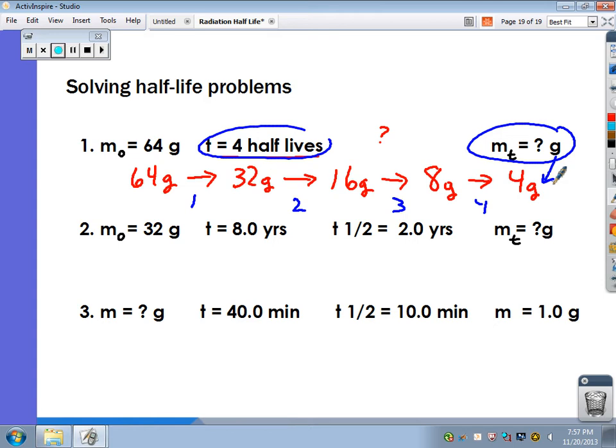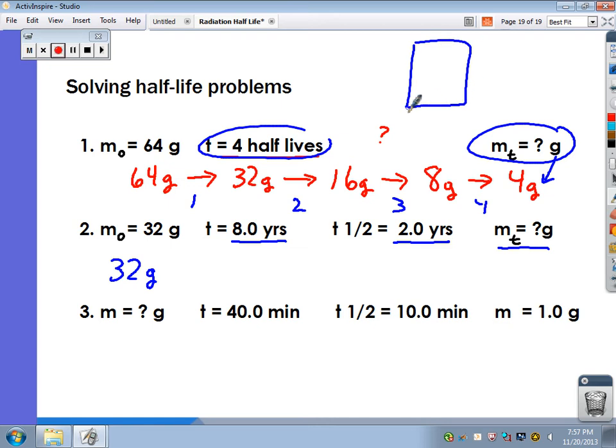All right, what information do they give me here? Do I know the final mass? No, I don't. I know the original mass. The original mass is 32 grams. Let's look at the other information they give me. They give me the total time is 8 years, and the half-life is 2. That means if you want to use my box method,